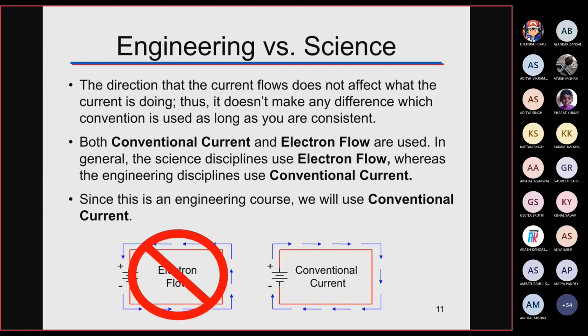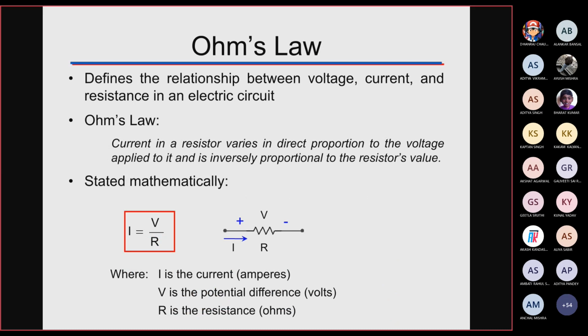So again same thing. And now we will talk about this Ohm's law. Earlier I told you that there is a mathematical relationship between voltage, current and resistance, which can be defined as V is equal to IR. So this law, Ohm's law, basically defines the relationship between voltage, current and resistance in any electrical circuit.